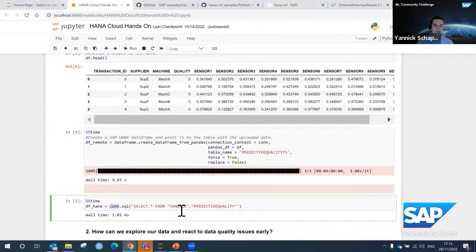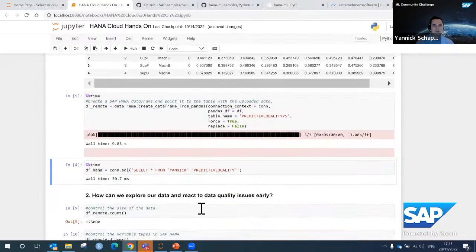And with this, I've now created a HANA data frame with which I can now work. I can do data understanding, I can do data preparation, and I can also leverage the machine learning capabilities without moving this data into my local environment. So it's kind of like an arrow pointing to the data in my HANA Cloud system. Okay, so this is prepared.